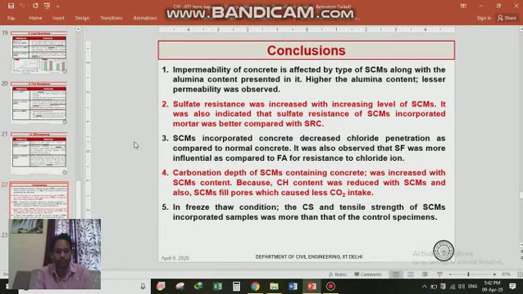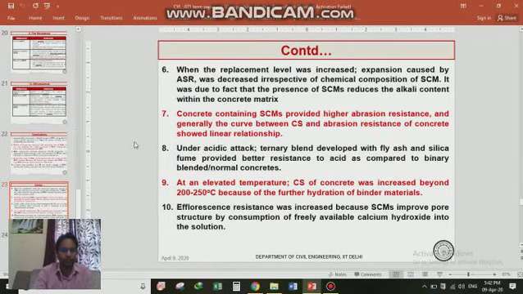In case of carbonation depth, it was increased with SCM content, because CH content was introduced with SCM, and also SCM fill pores, which caused less carbon dioxide intake. In freeze thaw condition, the freeze thaw resistance was increased with the increasing level of SCM. When the replacement of SCM was increased, the expansion caused by alkali silica reaction decreased, irrespective of chemical composition,